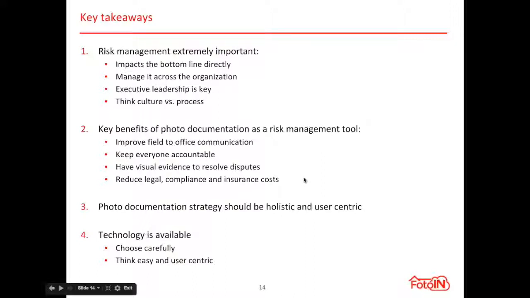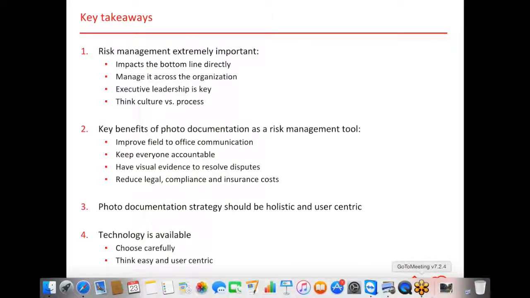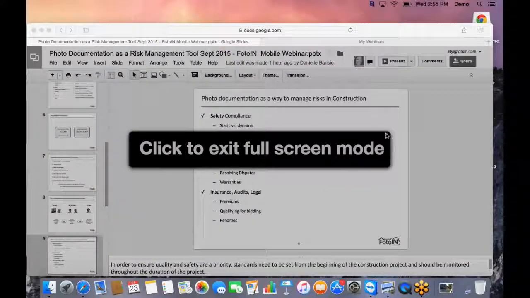If that piece is not there, the task itself sounds pretty simple, but if you think of it as a whole process, when we talk to the end users, really the easiness and that we have basically addressed the way the end users do it and the way they need to do it in order for it to make sense. It has to be there for the technology to actually deliver the value. So I'll stop there and see